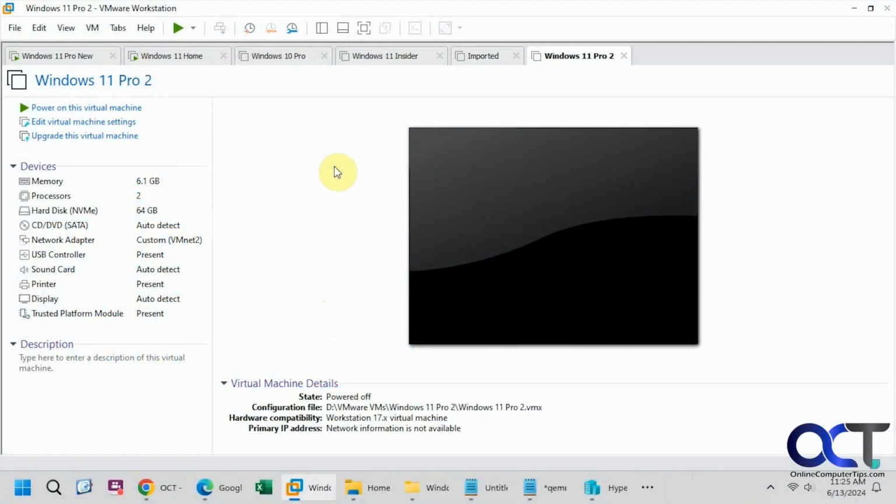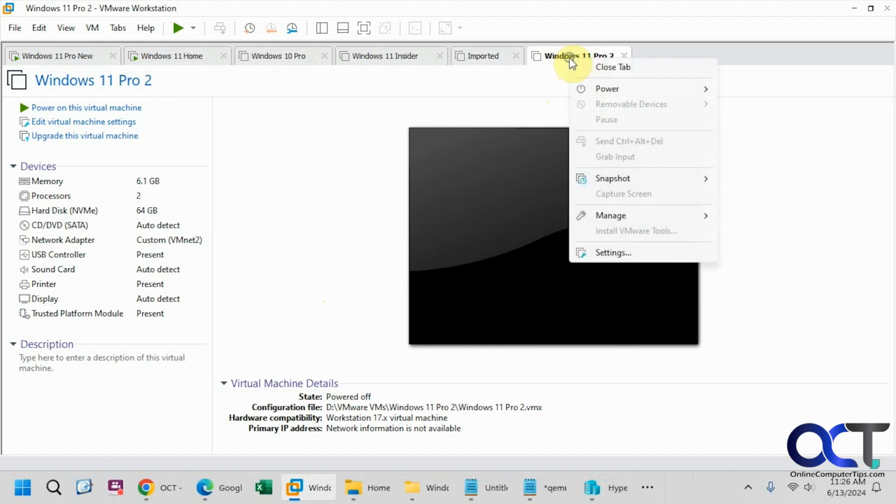Hi, in this video we're going to show you how to convert a VMware VMDK file to a Hyper-V VHDX file so you could use it in Hyper-V. Okay, so we have VMware Workstation running here. We're going to convert this VM called Windows 11 Pro 2. So if I go to the settings,